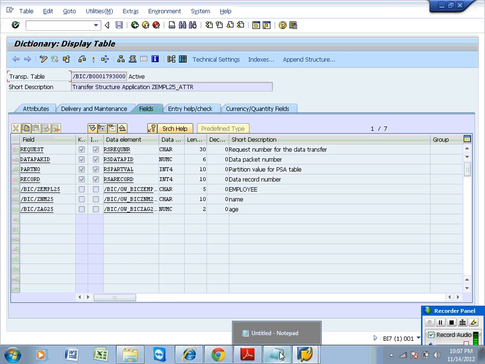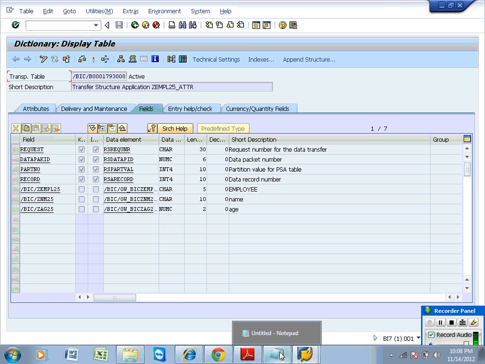Whatever data is there in the source system data field will be dumped directly into this. That's the reason the CSA always contains source system data as it is in the data field. Along with that, how many records do we have? 6 records, so you can find record numbers 1 to 6 in the record number field. Then the part number.